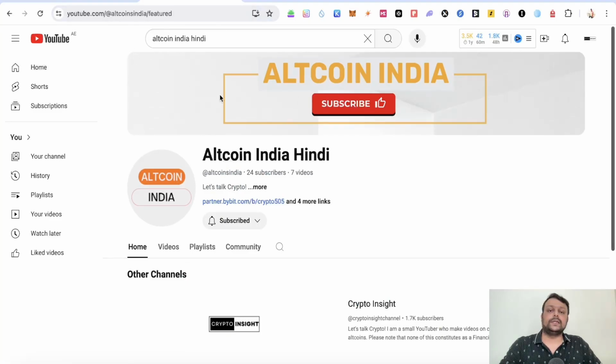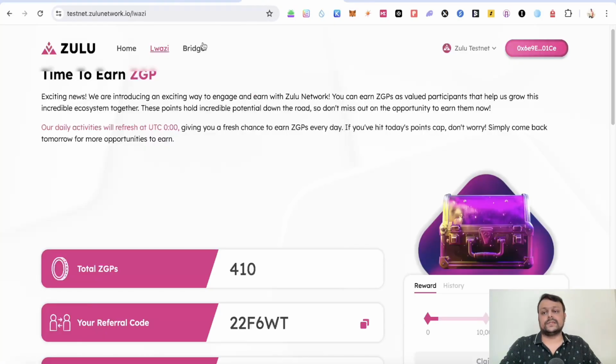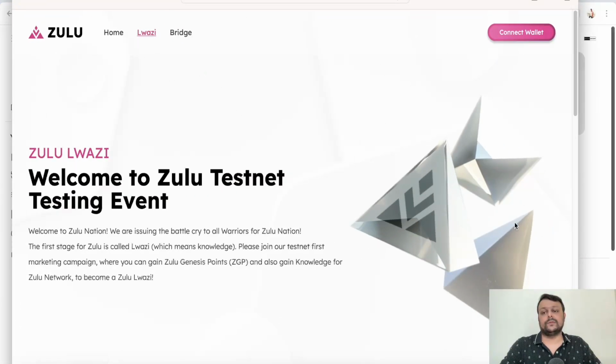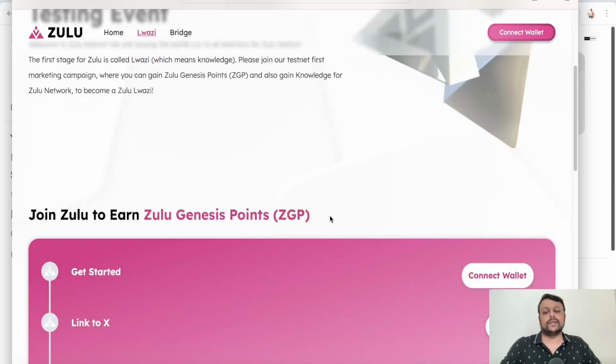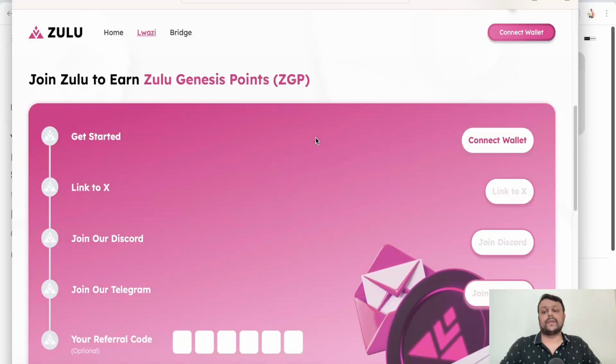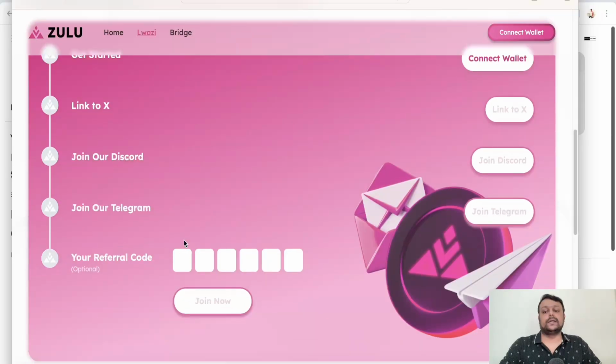So let's get straight into the video as to how you can farm the Zulu network airdrop. The first thing that you will need to do is add testnet Zulu network to your MetaMask wallet. The link is in the description, and once you click on the link you would be redirected to this page over here. As you can see, once you connect your wallet, this testnet would be added to your MetaMask, and then you will need to join their Twitter, Discord, Telegram, and you also have